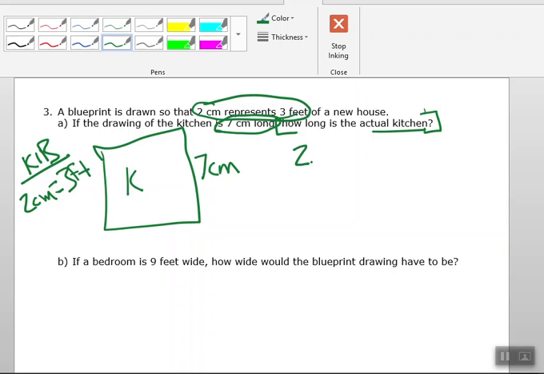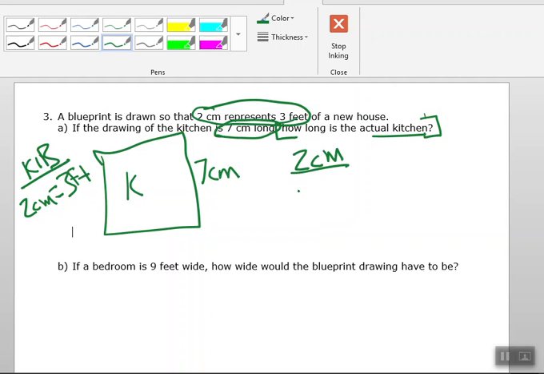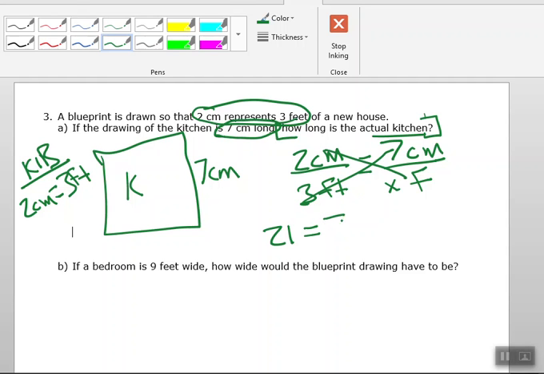So if I go over here and I put 2 centimeters on top of 3 feet, I'm going to set that equal to 7 centimeters is equal to X feet. Okay, so there's a couple ways I could do this. I could cross multiply. I could say 3 times 7 is 21, and set that equal to 2 times x. And then I'll divide both sides by 2. And I get x is equal to